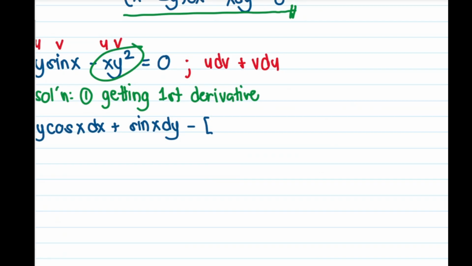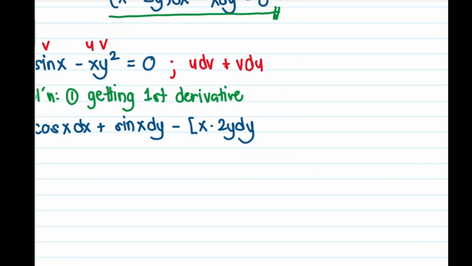So xy squared will be, first let's copy u. So u is x. The derivative of v is 2y dy, plus v du, y squared dx. So this one will be your derivative here,